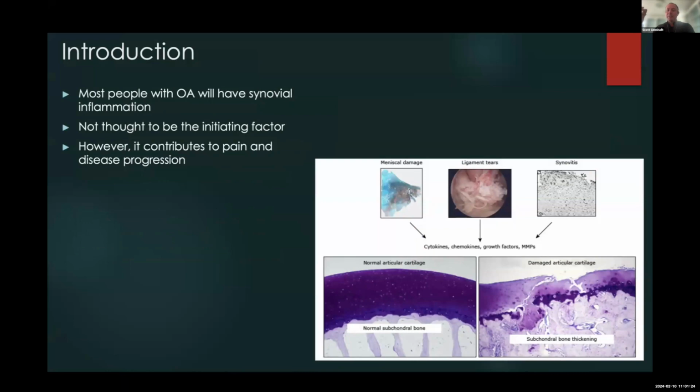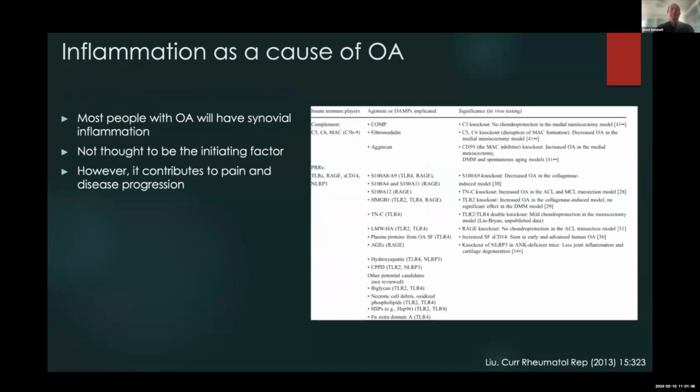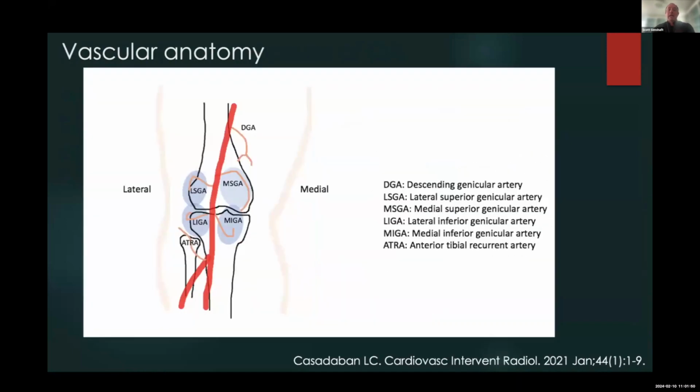And here are some examples, on the partially visible screen for me, of how the knee breaks down and exposes the bone beneath the cartilage, and how that precipitates this cascade of inflammation. It's a vicious cycle, right? Bone wears down, you get inflammation, bone wears down more, you get less active, you get more pain because you're less active, and it's a real problem for patients. And so that's why this came into play.